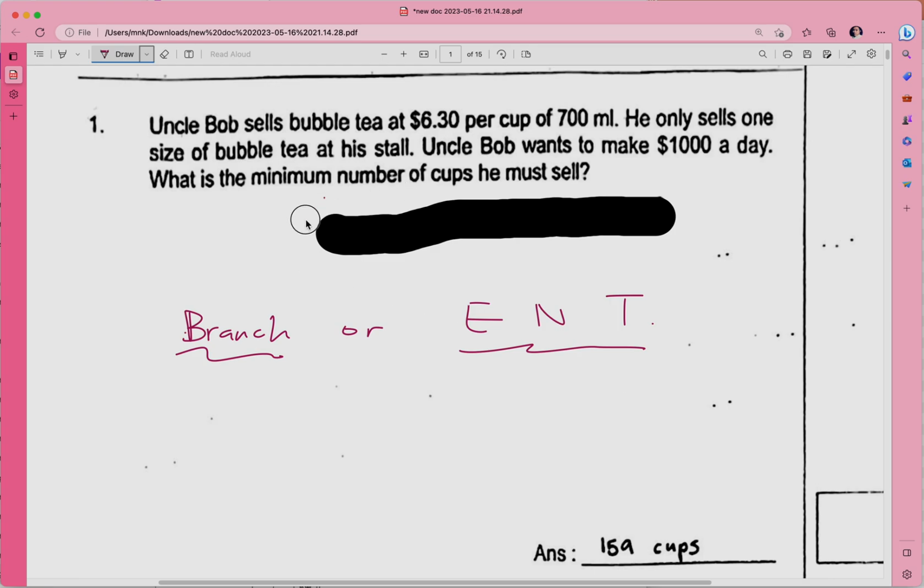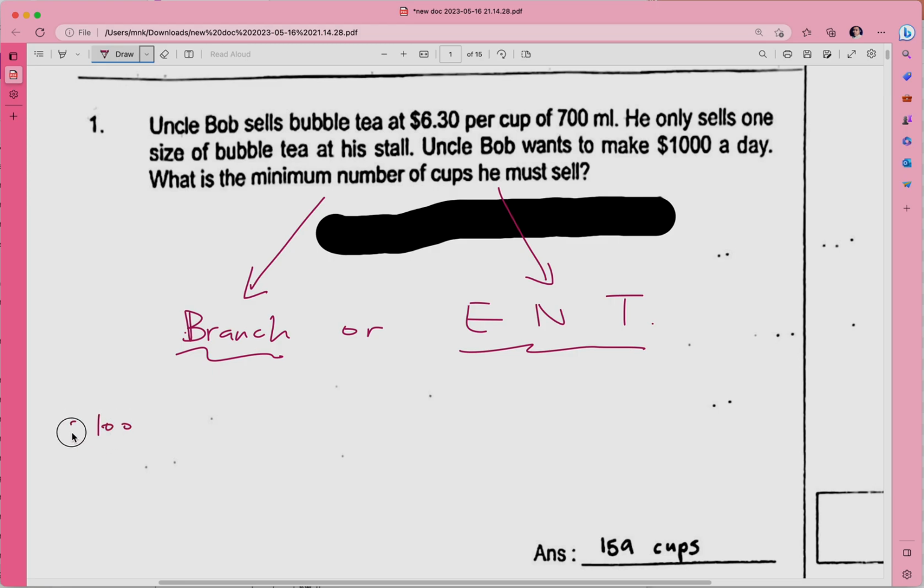Okay, using either our branch structure or our ENT structure, right? So which structure actually explains this question better? First, you probably want to write down the branch structure. In order to lighten the load on your brain, you can write down a very simple branch